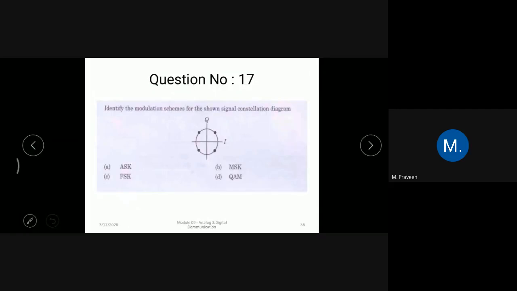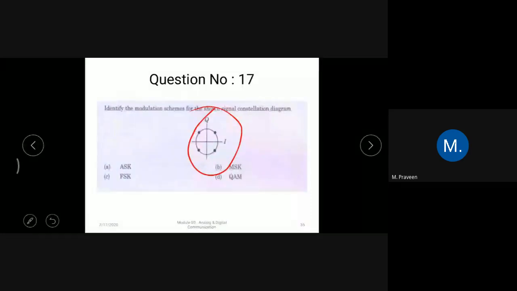Now this is a constellation diagram. Identify the modulation scheme for the shown signal constellation. For any competitive exams, whether it is GATE or ISRO or any other like TRB, TANGEDCO, aspirants can expect one question from the constellation diagram. Once again, I am giving this choice to the participants as a direct question. What modulation scheme does the figure show, whether it is ASK, amplitude or frequency, or quadrature amplitude modulation, or minimum shift keying? That's the question they asked.